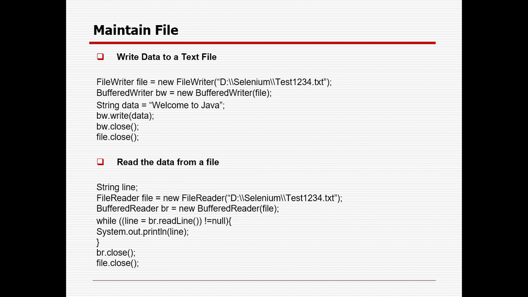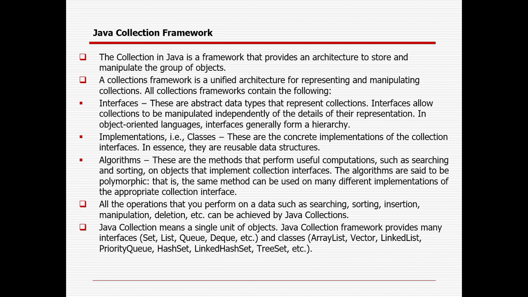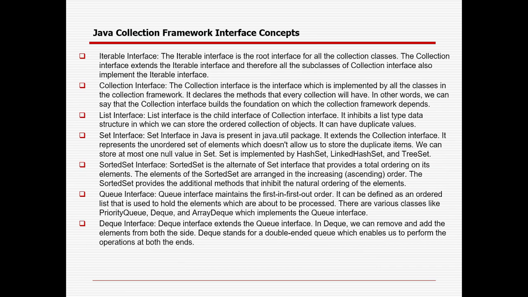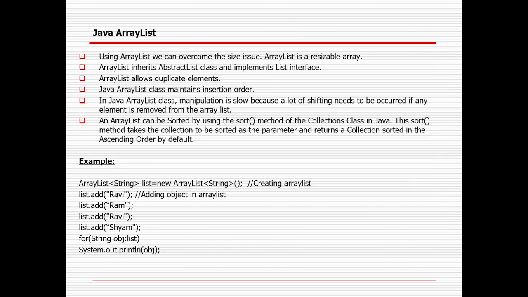There are a lot of interfaces and classes: list, set, sorted set, queue and deque. These are the different interfaces available in the collection framework. All implement the Collection interface, and the Collection interface in turn extends the Iterable interface. ArrayList can contain duplicate elements and maintains insertion order, but only in one way. LinkedList behaves the same way, but addition and removal can be done in both directions, because it also implements the Deque interface.